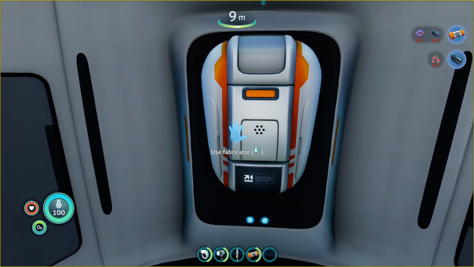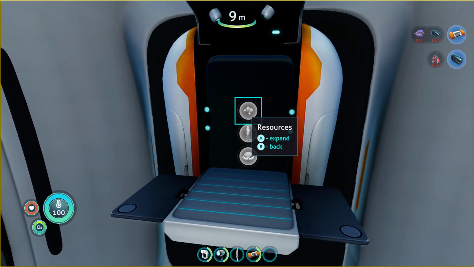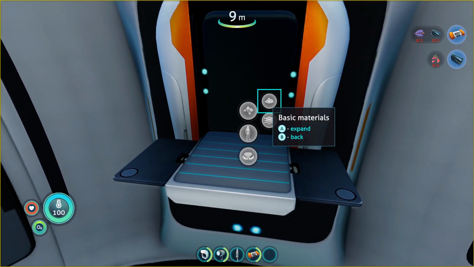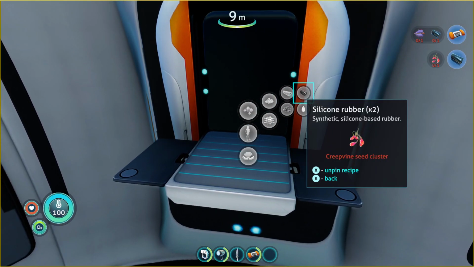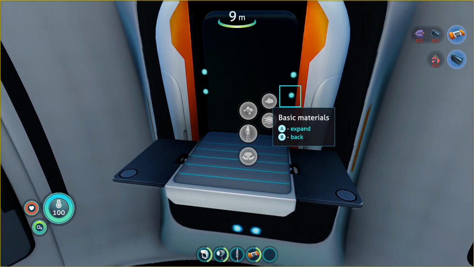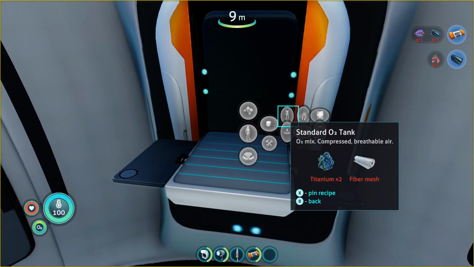So I'm going to show you how to craft it. I'm going to show you how it works. So right there we got the recipes. So if we go into our fabricator and we go to basic materials, you're going to see that silicone rubber takes one creep vine seed cluster, okay? And then for the air bladder, we need,